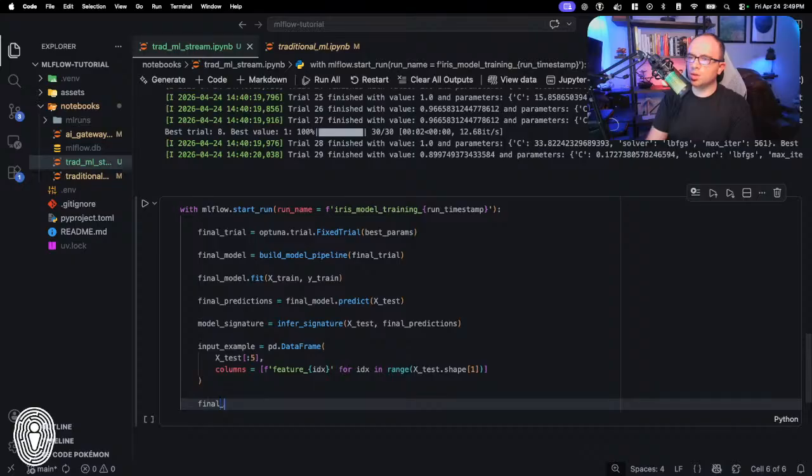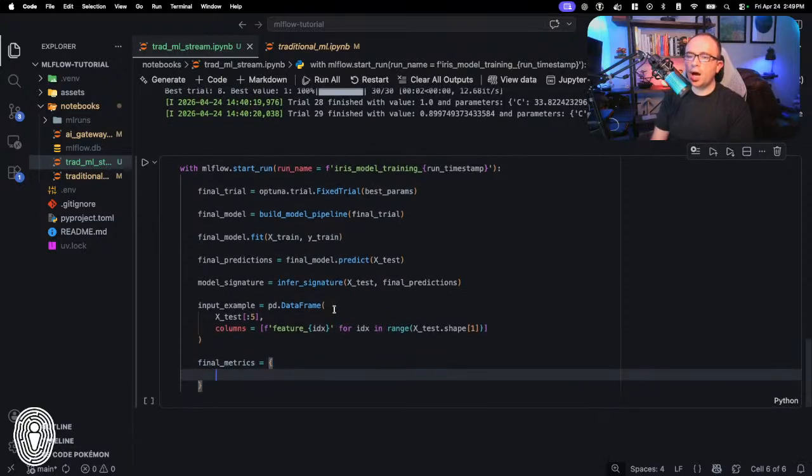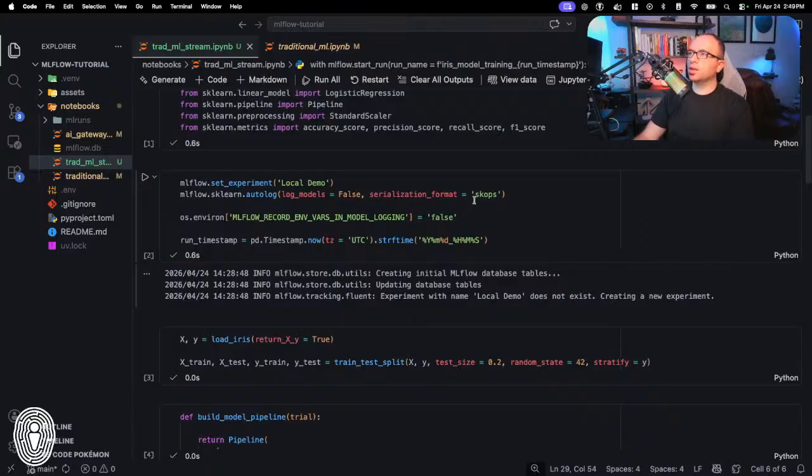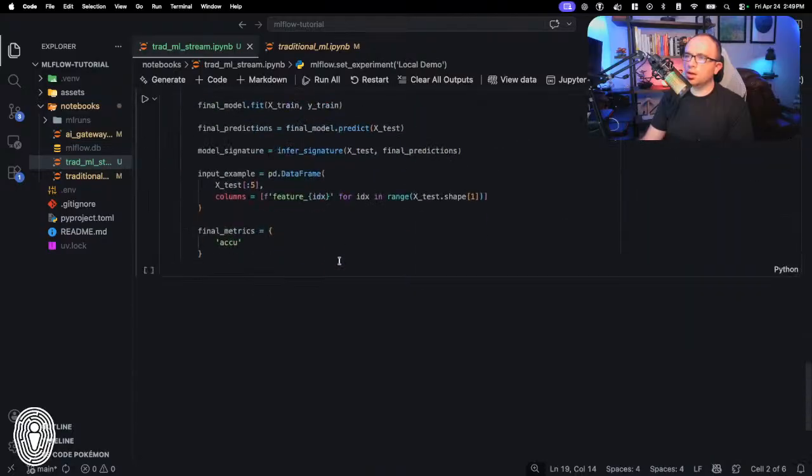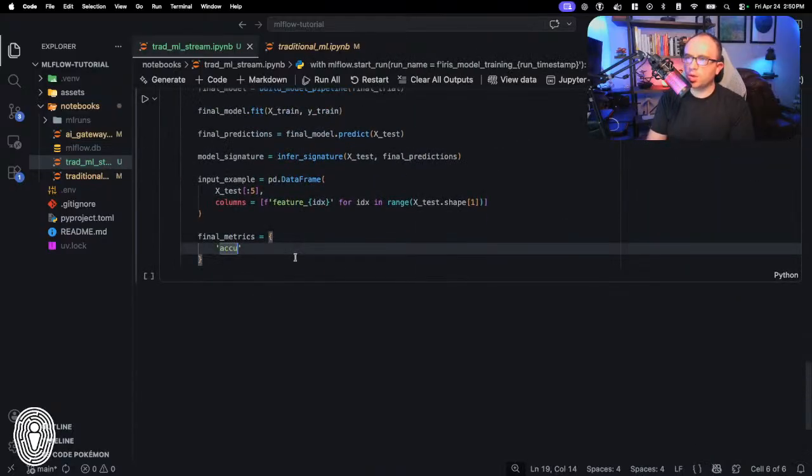So we're going to produce some final metrics. The reason I'm producing them here is that I want to demonstrate how manual logging works. Because we have auto logging turned on, this is not particularly necessary, except for the model logging piece, which, as you recall from this piece right here, we intentionally have turned off for auto logging on purpose, because I didn't want all those models from Optuna logged as their own respective models in the model registry. So we will definitely have to account for that down below here.